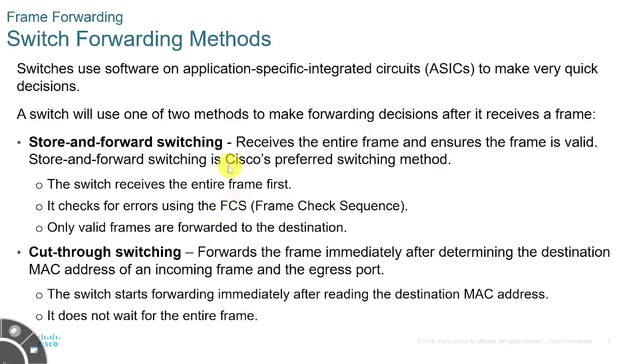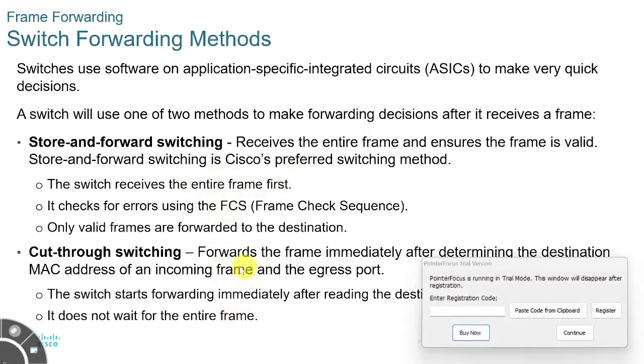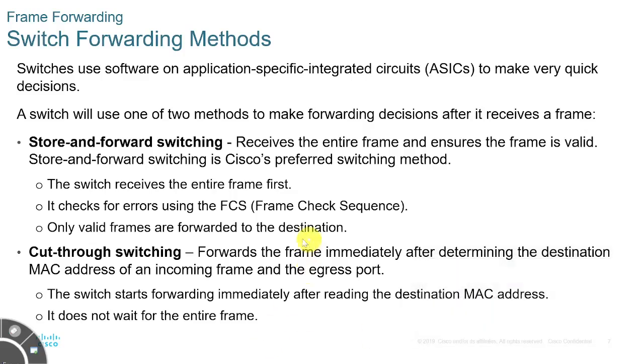But the store and forward switching will receive the entire frame. So the switch receives the entire frame first, then starts to check. Here it doesn't wait for the entire frame, but